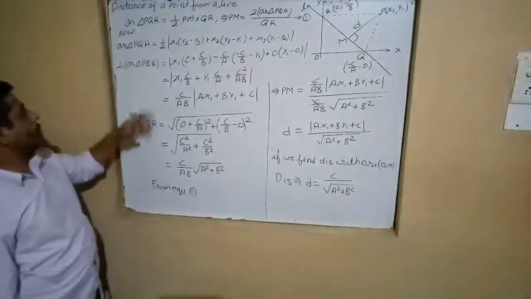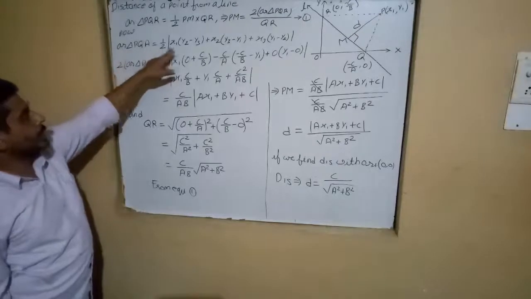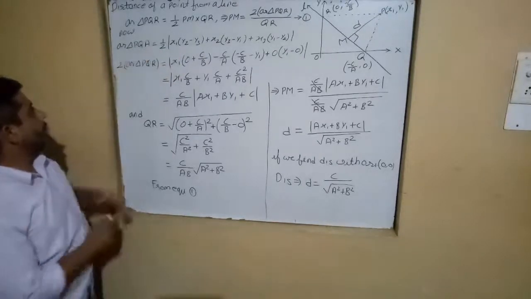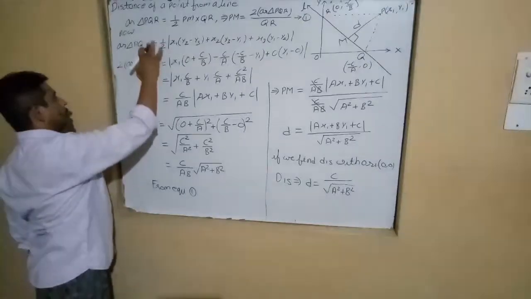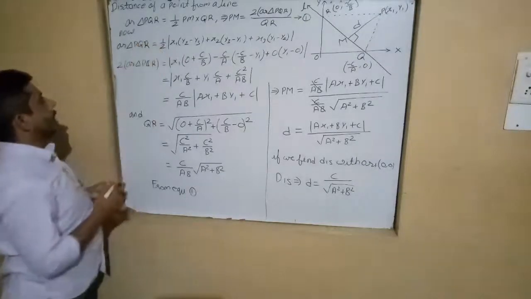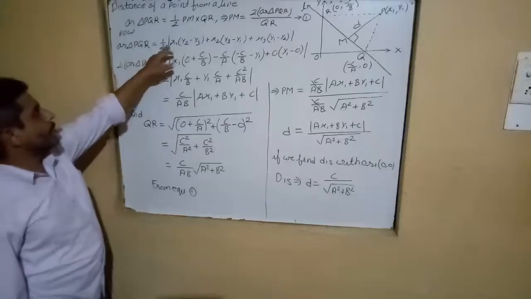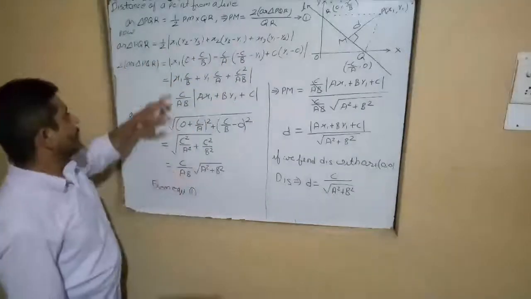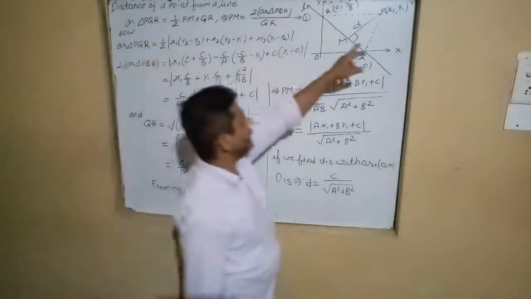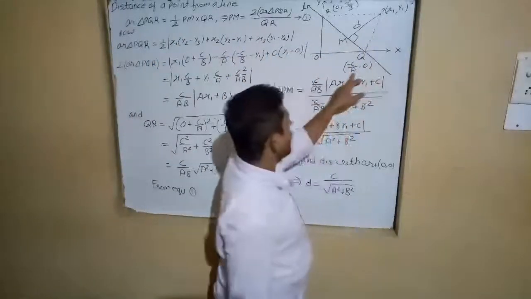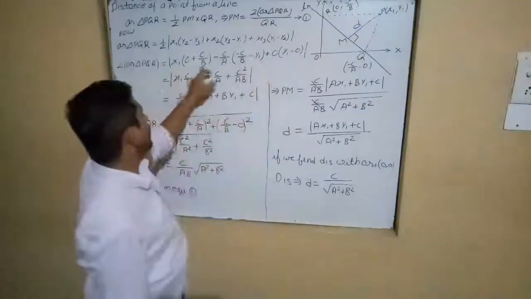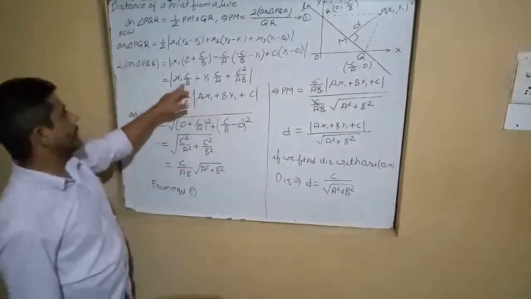Now we can find out the area of any triangle with the vertex form also. So area of triangle PQR is equal to 1 by 2 x1. This is a formula we learned in the last year. Now put the value x1 y1. This is x1 y1, this is x2 y2, and this is x3 y3. So simply we will put the values, so we will get this thing.